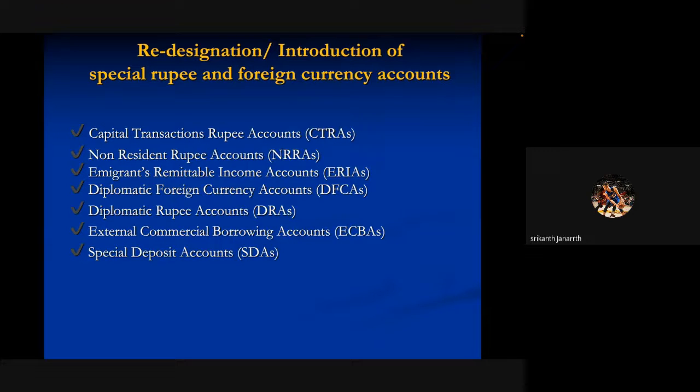Then diplomatic foreign currency account, that is only for diplomatic people. They are permitted to maintain both currencies, a diplomatic rupee account as well as a diplomatic foreign currency account. Then you have external commercial borrowing accounts, ECBA, which I told you about, when a foreign investor wants to lend